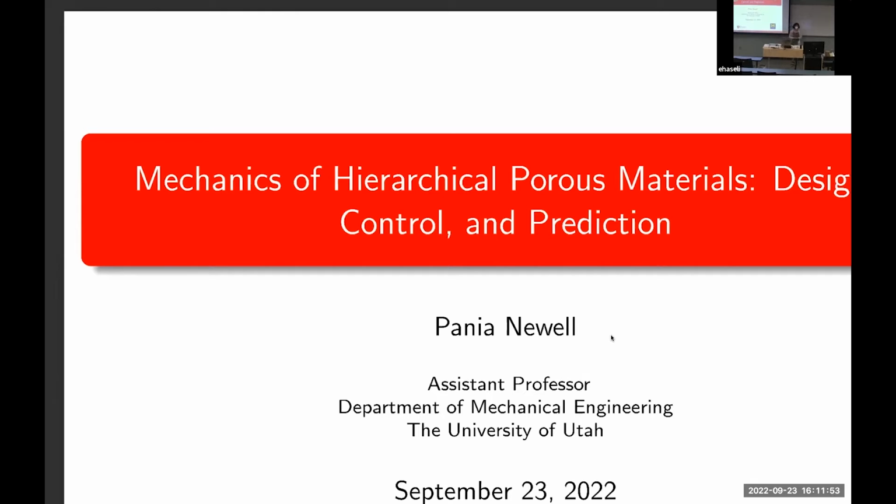Today I'll be basically talking about mechanics of hierarchical porous structures, and I know that this is a computational seminar series, but I'm going to take a kind of non-traditional approach and talk about also the experimental and the design aspect, and then towards the end how they are all coming together and helping with the numerical aspect of these hierarchical porous structures. So my goal is hopefully by the end of the day I can convince you that these porous materials are important, and hopefully we can achieve that.